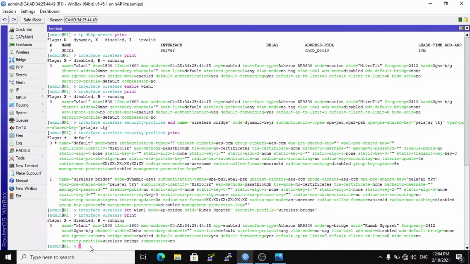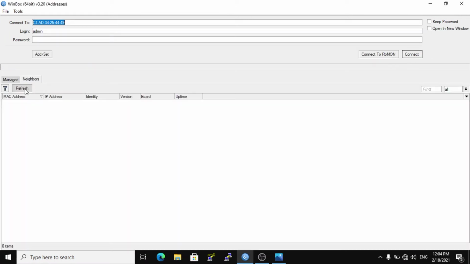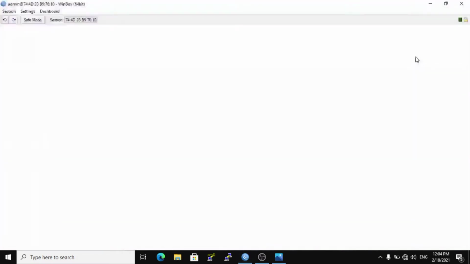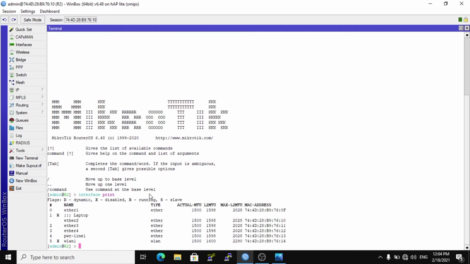And next configuration, router 2. Remote router 2. I am logging in to router 2, click connect and check the interface, type interface print.